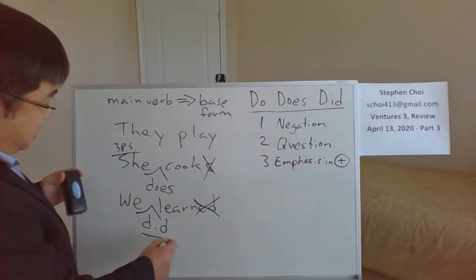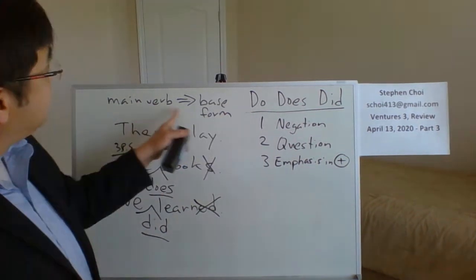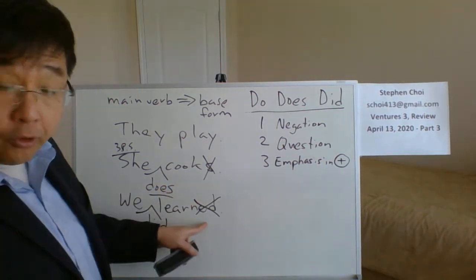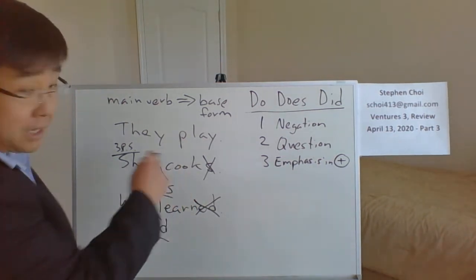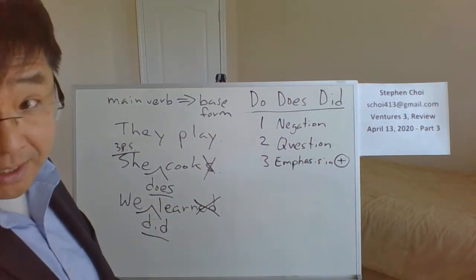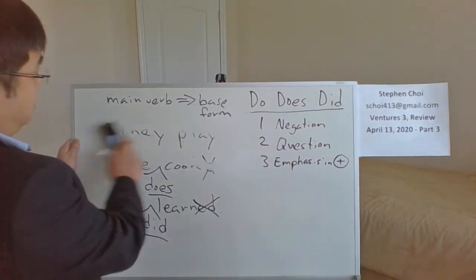So when you use did, does, do, the main verb goes to base form. Whether it's a third person singular in the present or past tense form, you wanna turn that back into base form. Base form when you use do, does, did. All right, let's try one more, or maybe a couple more.